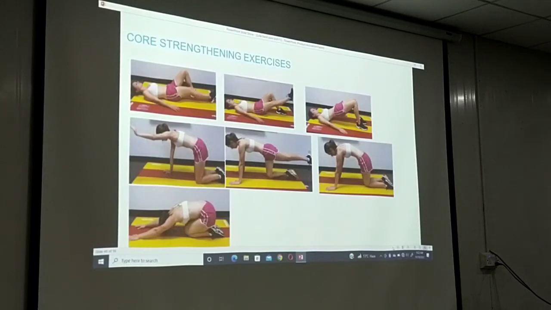The patient is in the supine position, bending both knees and lifting her pelvis off the floor. This is the quadruped position, where the patient is in a leaning position and contracting, lifting one arm. We can even lift both arms up. Very good for pain originating from the cervical, thoracic, and lumbar regions as well.